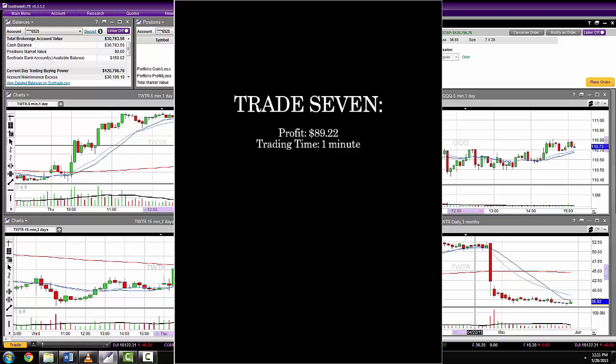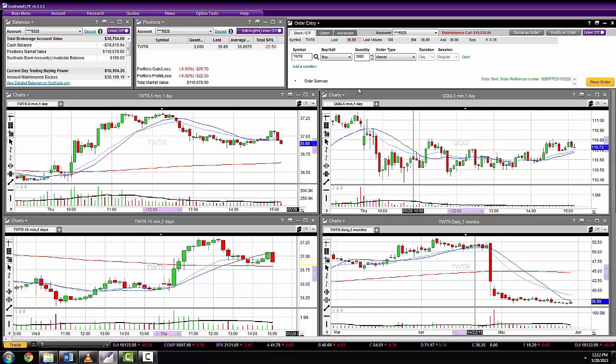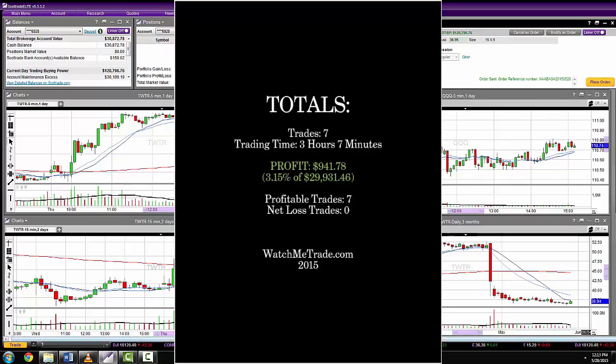And then the final trade is just a quick 1-minute scalp again, where if you look at the top left chart, the stock is dropping just below the 20-day moving average, and you see how it dropped down to support, because look at how far down the price is to the left of where it is there, where I'm pointing to with the cursor. I allowed it to go down to there, and then you see that bottom tail. That is a good sign, suggesting it's going to keep going up. And it did, and I ended up with